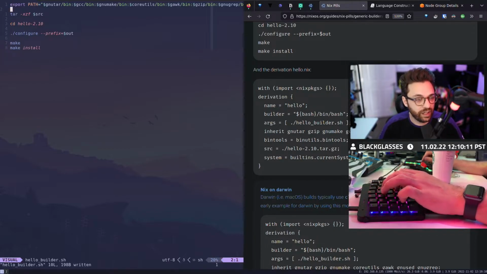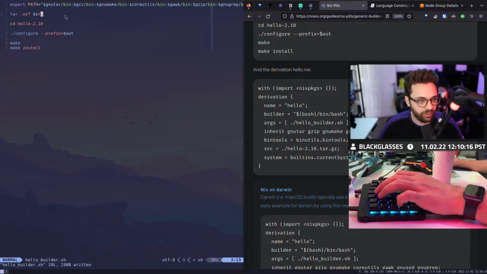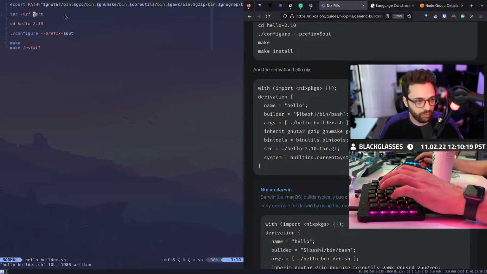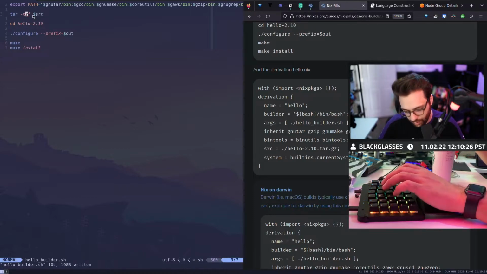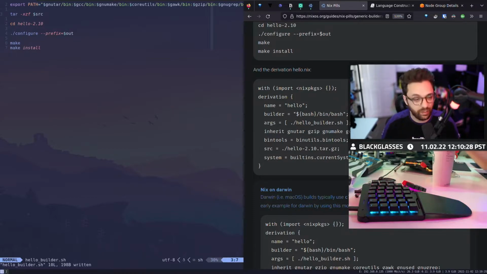And then the next part is pretty straightforward. At that point, we say we have a source environment variable. This tells us where our source files are. In this case, our source is expected to be a tar or a compressed file of some sort. What I'm showing you guys is just an example. I'm not saying this is the way to do it, I'm simply saying this is how you can build things with Nix. So in this case, they're taking the input of a tar.gz, unzipping that, and then configuring it and making and installing it, right?